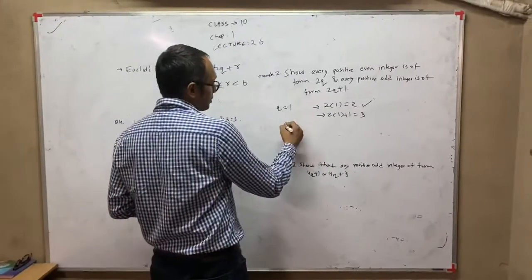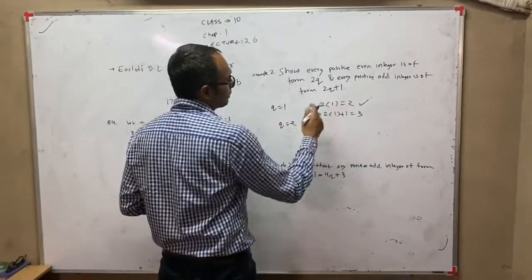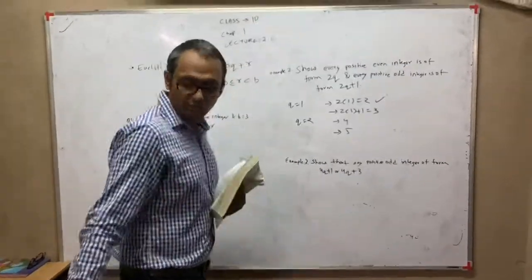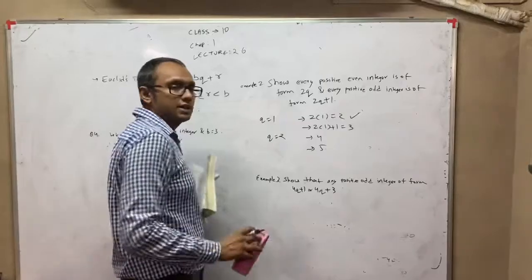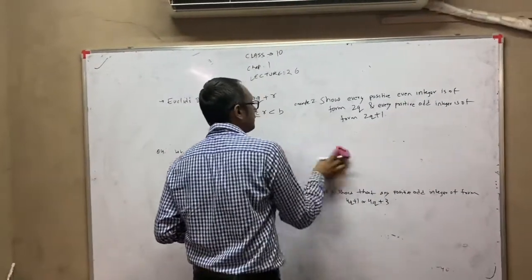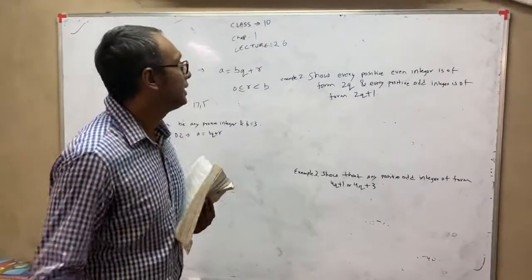Now of course, suppose we put q equal to 2, we get 4 here, and here what we will get, 5. So first I have just shown you this statement logically, okay, but in the exam we can't just write like this by substituting the value. We have to solve it by a method, and I am just showing you the method now.